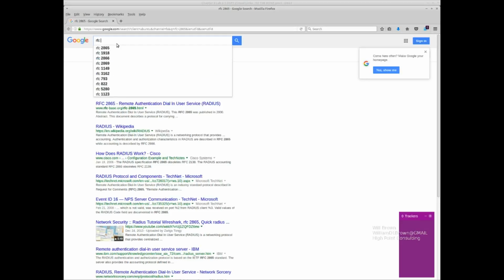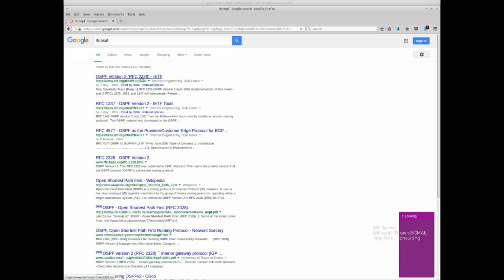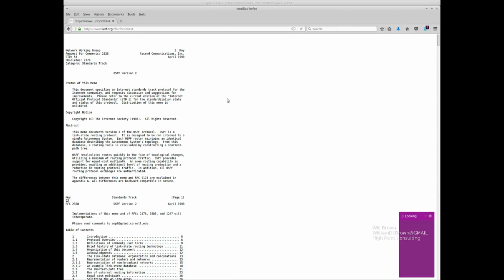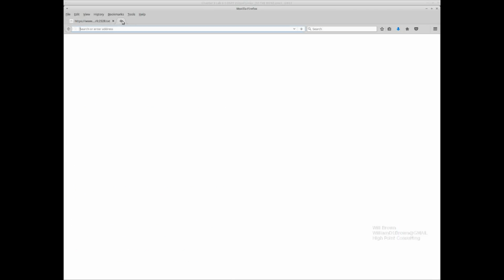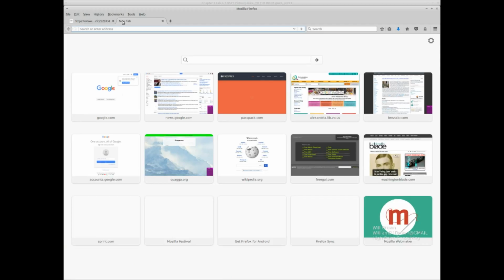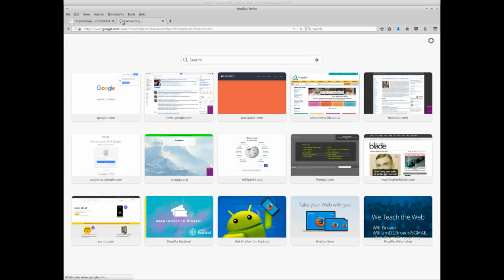RFC, OSPF, and 2328. Okay, there we go. It's version 2. And RFC, OSPF. I want to bring up another one here.